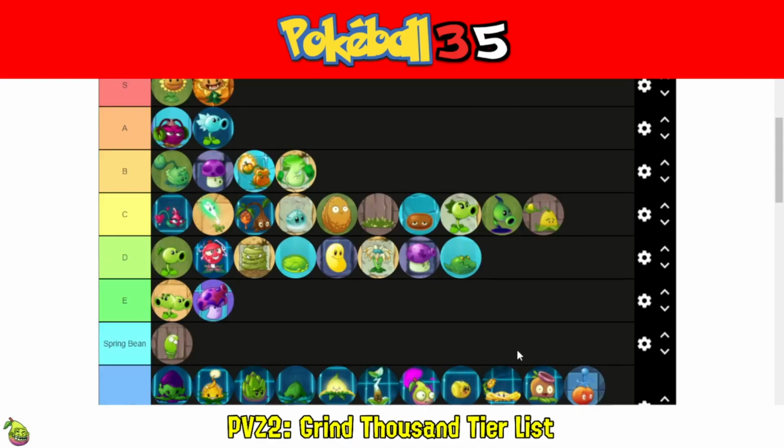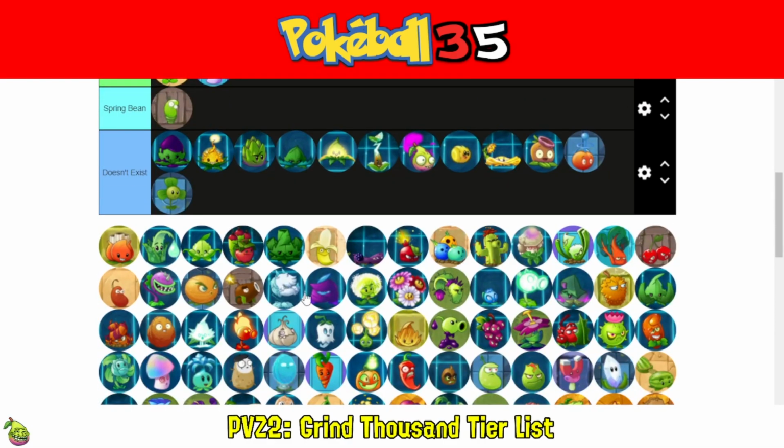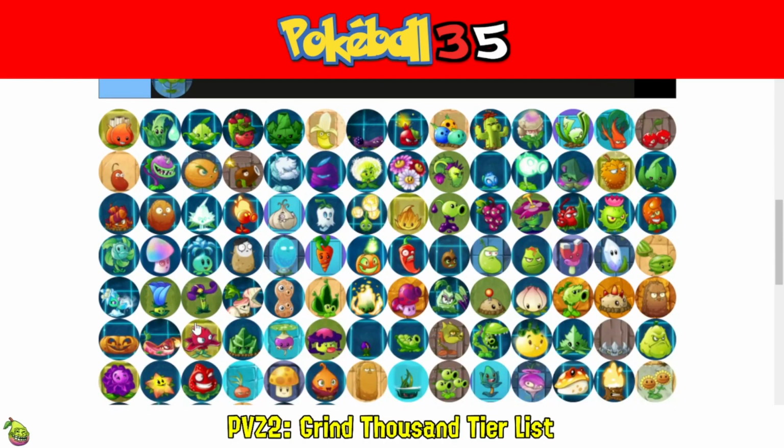Nightshade is one of the worst plants in the entire game. It will kill a zombie,